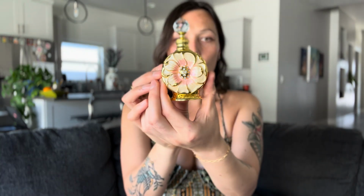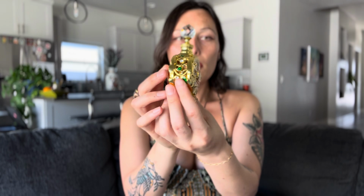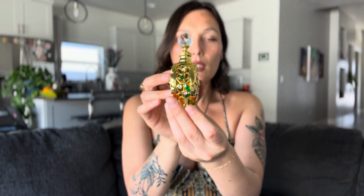I've reviewed the Rouge one before, and this one is Amali Swiss. So this is a different fragrance, but the bottle is beautiful. It looks like this. It's this beautiful flower with some really pretty detailing. I really love this Arabian bottle effect. It has a beautiful crystal cap. You have to twist it open,